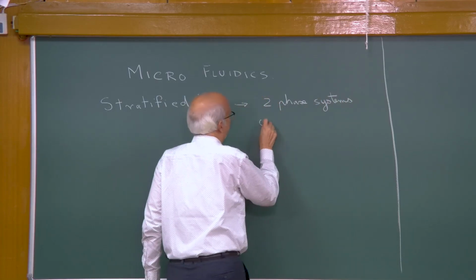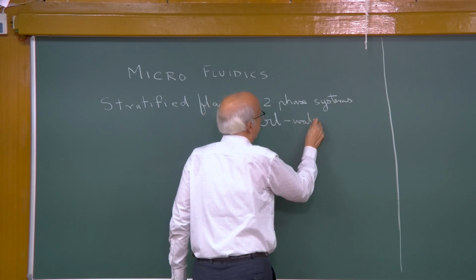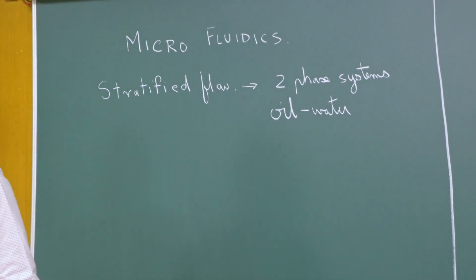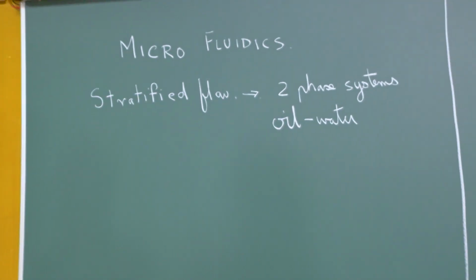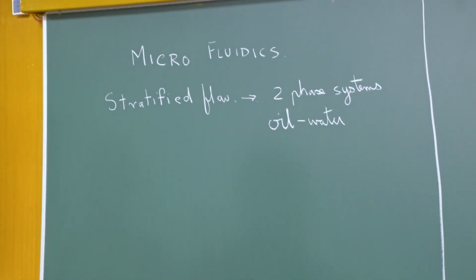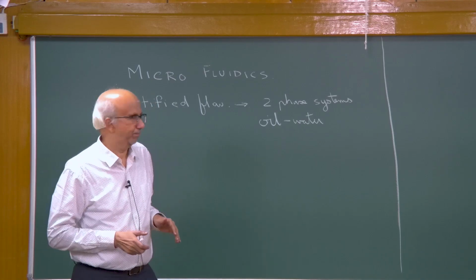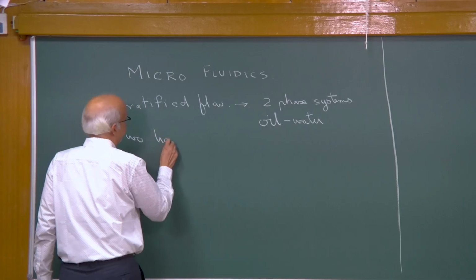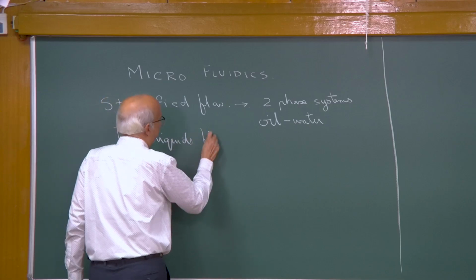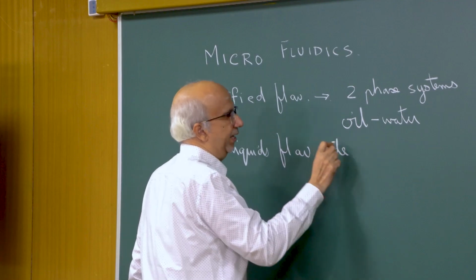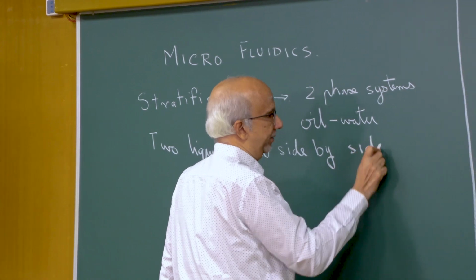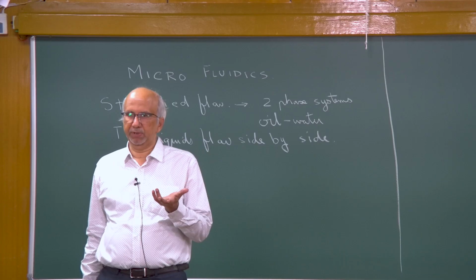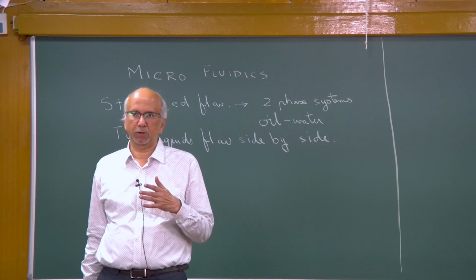The two phases that we are talking about are basically two immiscible liquids, oil and water. So, we have oil and water which are being pumped in, maybe an organic phase and an aqueous phase, and stratified flow means the two liquids are flowing side by side. If you look at the thing from the point of view of hydrodynamics, I will classify these